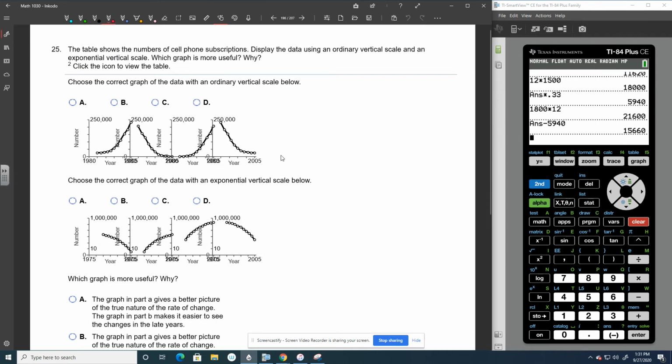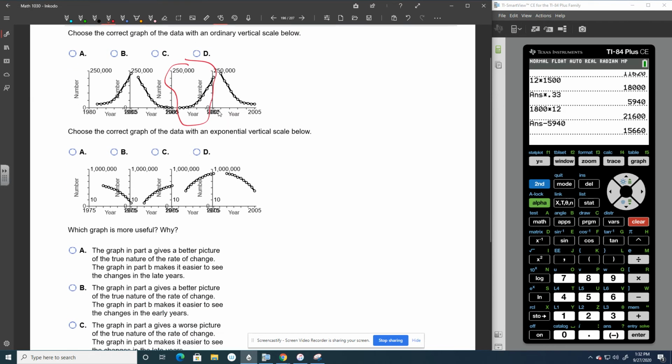All right, 25. The table shows the number of cell phone subscriptions. Display the data using an ordinary vertical scale and an exponential vertical scale. So for the ordinary vertical scale, the table shows the number of cell phone subscriptions, so we are going to assume that they are going to go up. And again, these are kind of jumbled, laying on top of each other. But back here, it never goes down to 0. And I'm going to choose this one right here in the middle. And you'll be able to see that a lot better when you actually blow it up and look at the